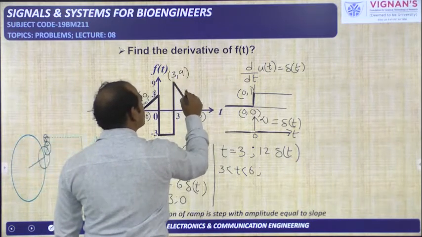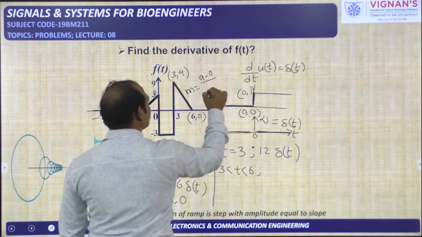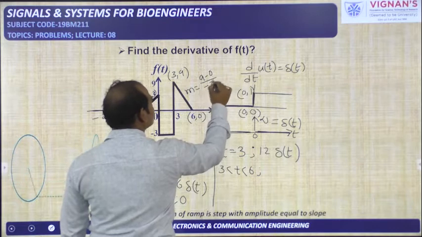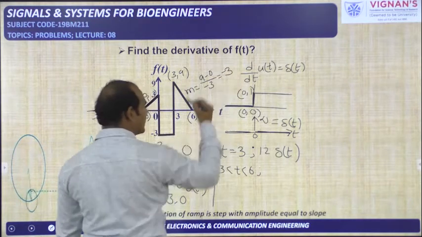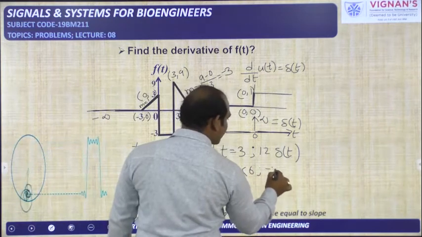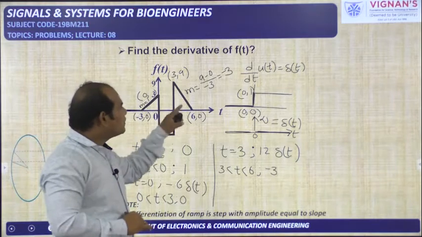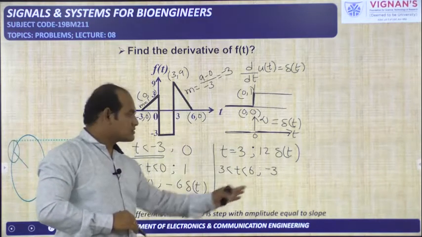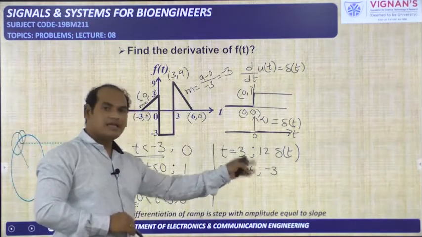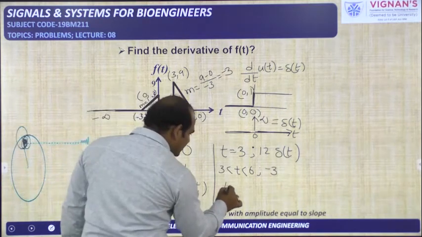If you find the slope, that is 0 minus 9 by 6 minus 3, that is minus 3. So the derivative is now minus 3. If you take the derivative of a ramp, the result is the slope only. Okay. Next, when t is greater than 6,